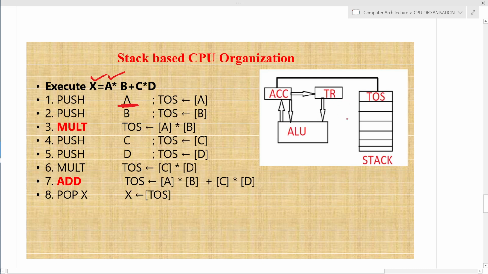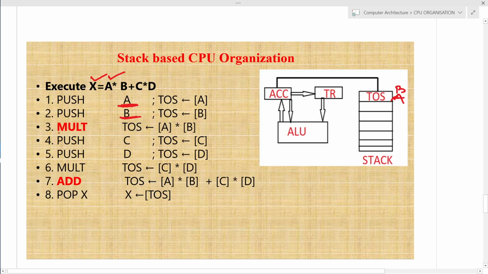On the top of the stack, I have to push A. Then I have to push B. So my top of the stack will change. As I have already told, the stack pointer will identify the next location, so I push the value of B as per the stack pointer's location, and it will be placed at the address identified by the stack pointer.